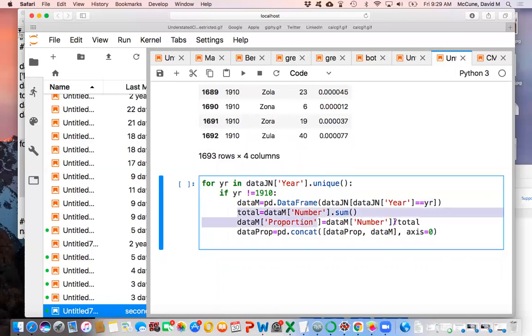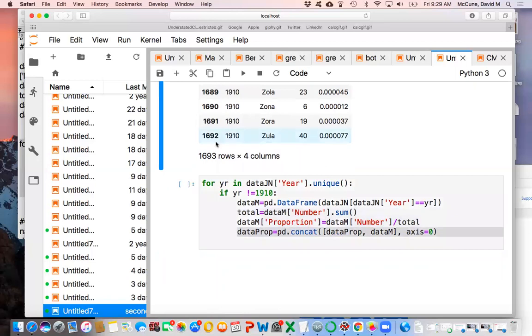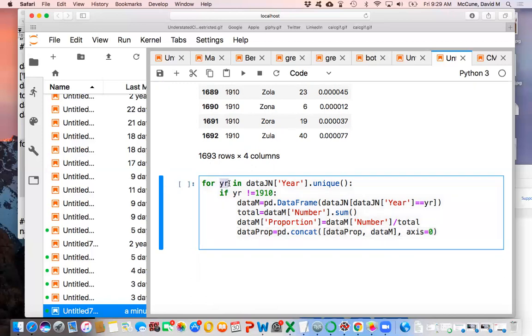These commands are the same. And then just concatenate it to the end of this. So, see how it says 1693 rows? Then row 1694 will start with the 1911 data. And then you'll build the 1911 data and just keep going. As year, YR, clicks through all these years, you're just creating the proportion data and concatenating. So there's a lot going on in just these 5 lines of code.